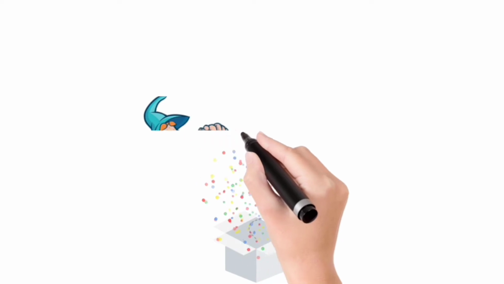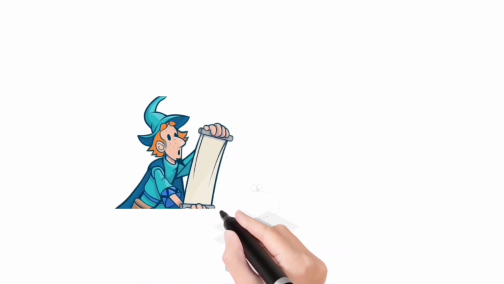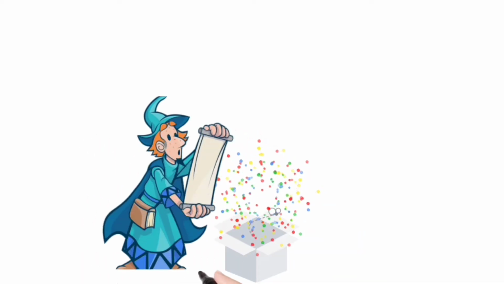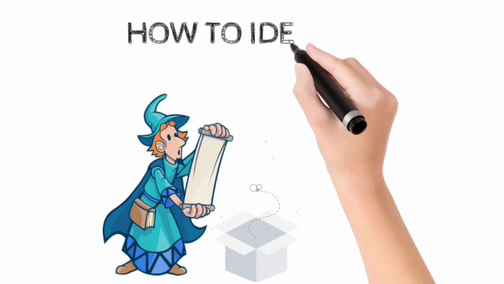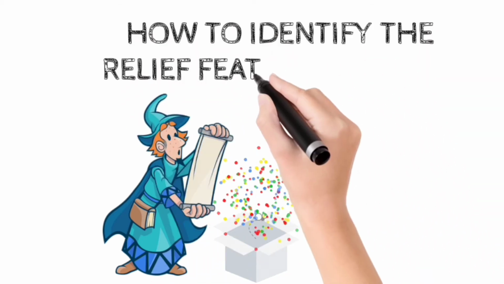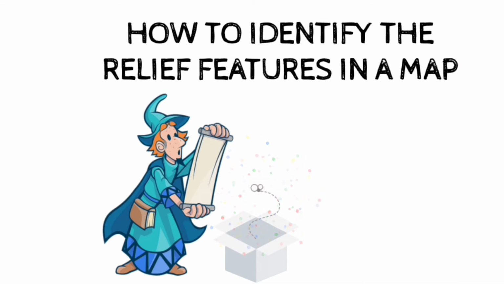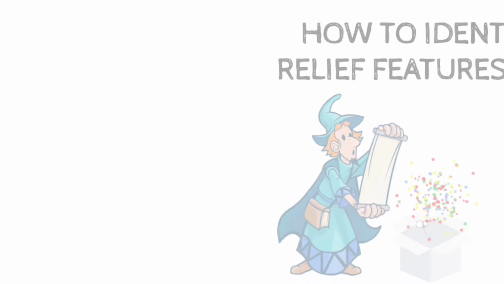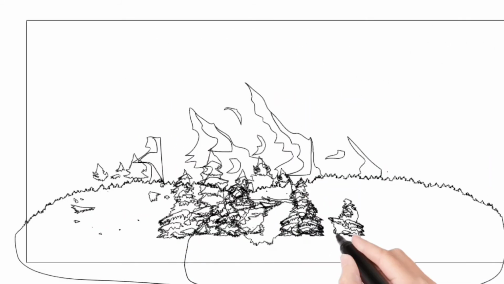The ability to understand topographical maps depends on the reader's ability to form mental pictures of the ground based on the information provided by the map. Hence, before reading a map, first we need to understand all the information contained in it. So in this video, we get to know all that information and the secrets of map reading. So, let's know how to read the relief features of a map.